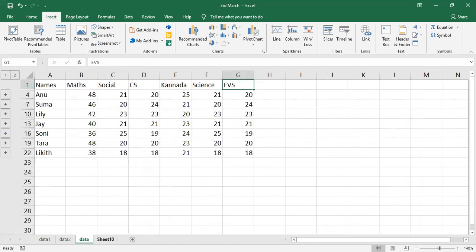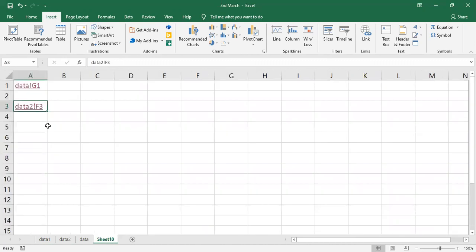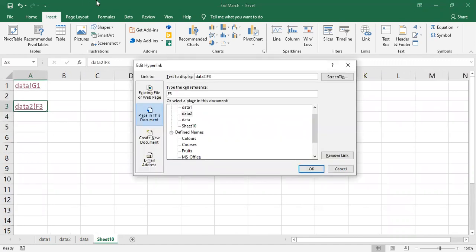If I want to modify, I select the cell and press Ctrl K. Can you see it is displaying Text to display? Text to display means what it should display within that cell. I don't want it to display as data F3. I just want it to display as a link.